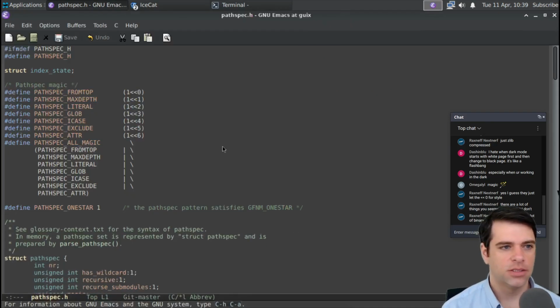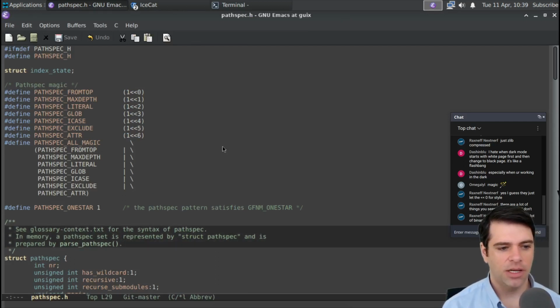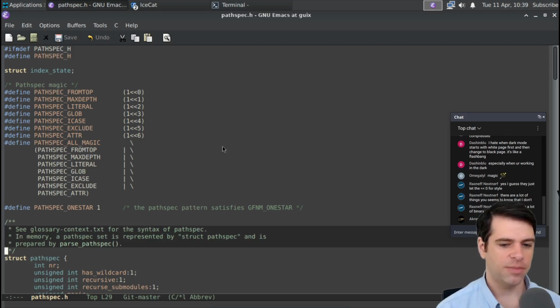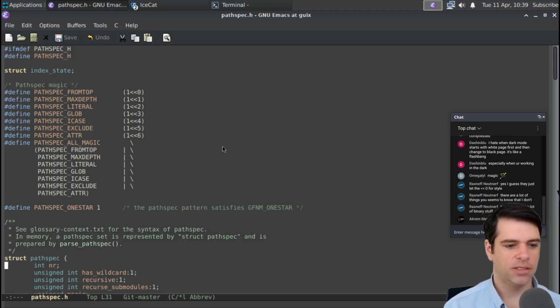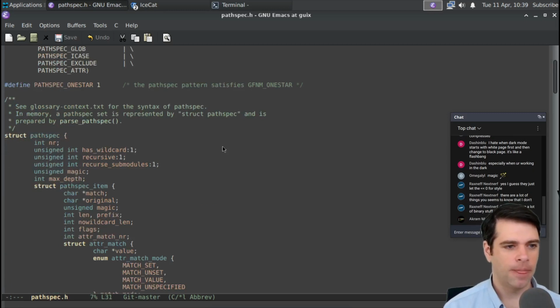So here we are in Emacs. Here we go. Here's the pathspec struct. See glossary context.txt for the syntax of pathspec. In memory, a pathspec set is represented by struct pathspec and is prepared by parse pathspec. So I just want to know what a pathspec has. It's got nr, whatever that is, whether it has wildcards, I guess a recursive int, recurse submodules. These might be booleans, essentially. Unsigned magic, max depth, and then we've got this pathspec item,